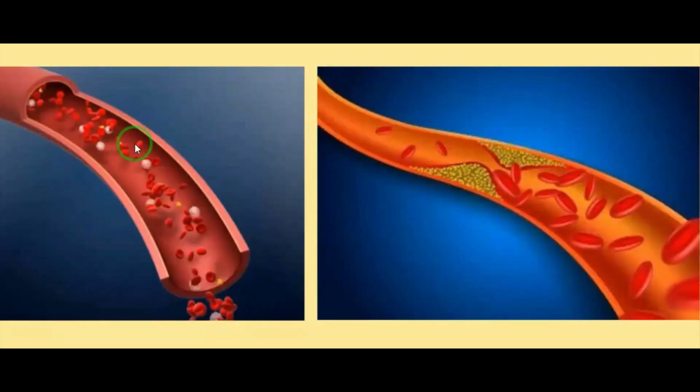Look at these two pictures. So this is a normal artery. Through this artery, blood can flow properly with high pressure. Here there is no blockage, that's why blood can flow properly. But in this artery, there is a blockage. See here, fat, cholesterol and other substances are deposited in the inner lining of the artery. Because of that, blood cannot flow properly. Why? Here there is a small gap. That's why blood cannot flow properly with high pressure. So this condition leads to heart disease.